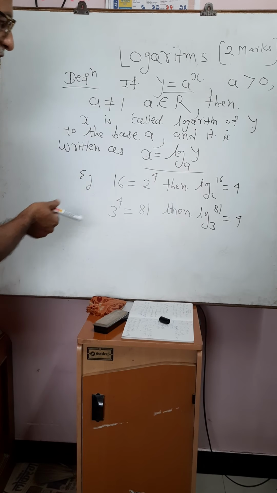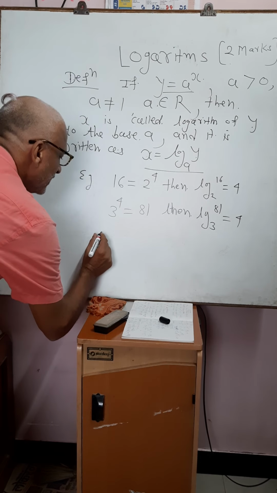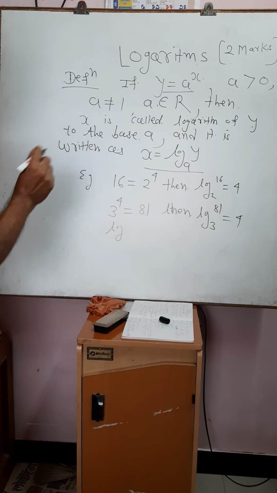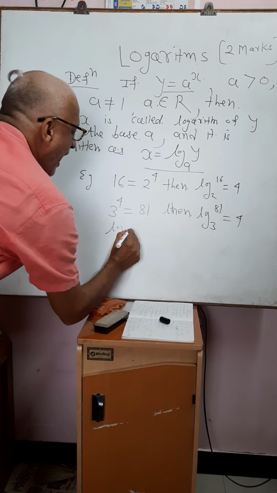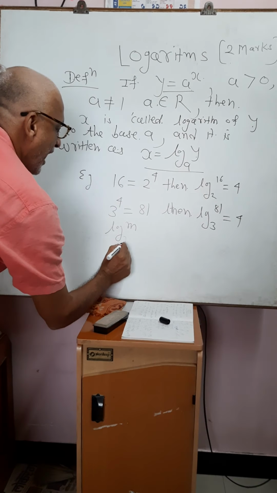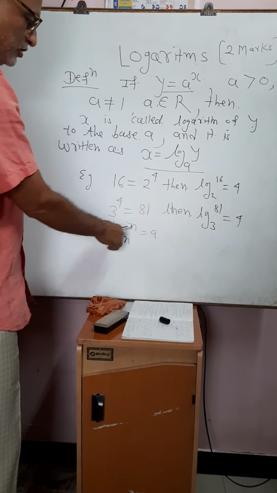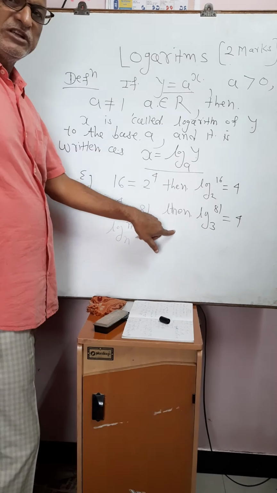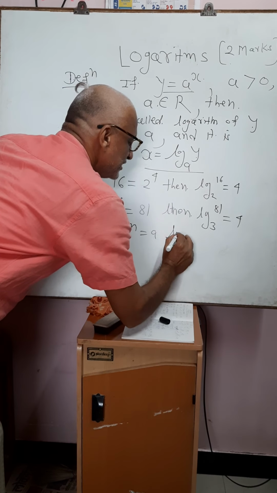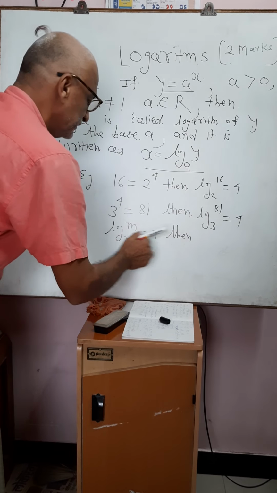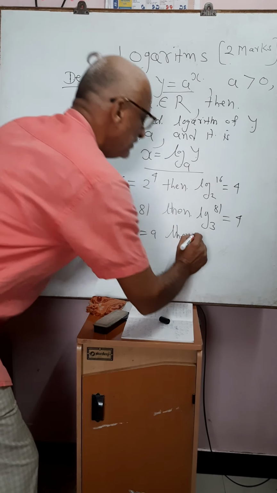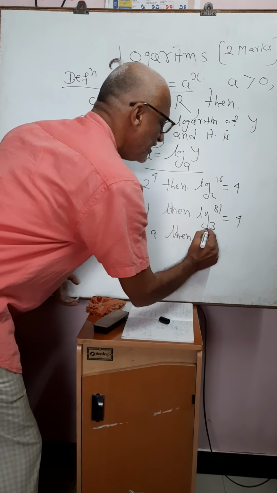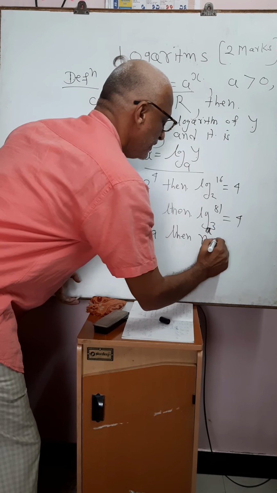Suppose you have to convert the logarithmic form into the exponential form. Suppose I write here log of m to the base n is equal to a. Now, how can you write it in the exponential form? Its equivalent exponential form is, then what is the base? Here the base is n. So n raised to a comes at the index, n raised to a is equal to m.